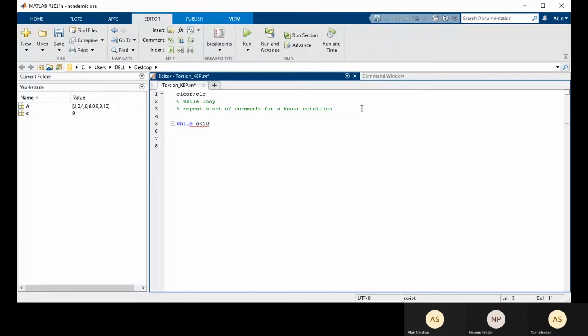So suppose I want while C is less than 10, and to close it, we will have the end keyword. Using while loop, normally we need to have an initial value. So let's say I have C is equal to 1. This will continue as long as C's value is less than 10. Once C goes above 10, this loop will end. So let's say C is equal to C plus 1, and fprintf.